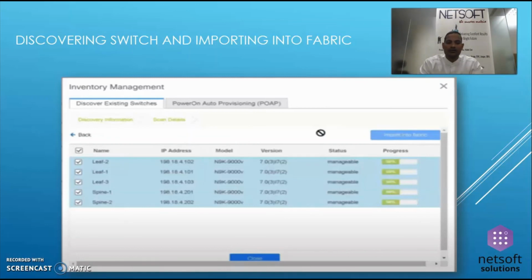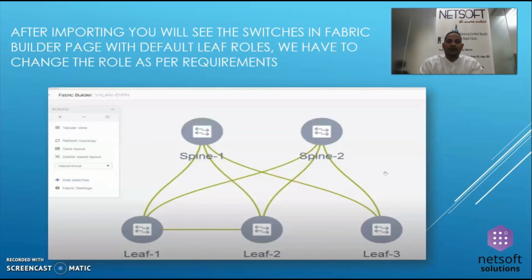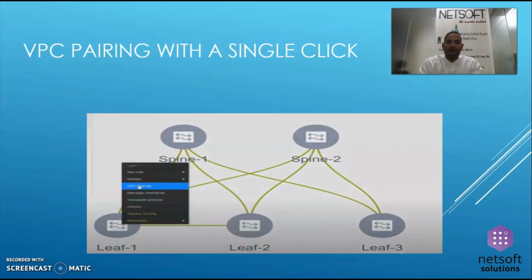Once you select all the switches, your network diagram will be created, your topology will be created. Then you need to change the roles. If you want to change the roles, for example, if you have selected some of the leaves as a spine and spine as a leaf, just assign a role to a particular switch; that is changeable. And once you have created a topology and assigned the roles,